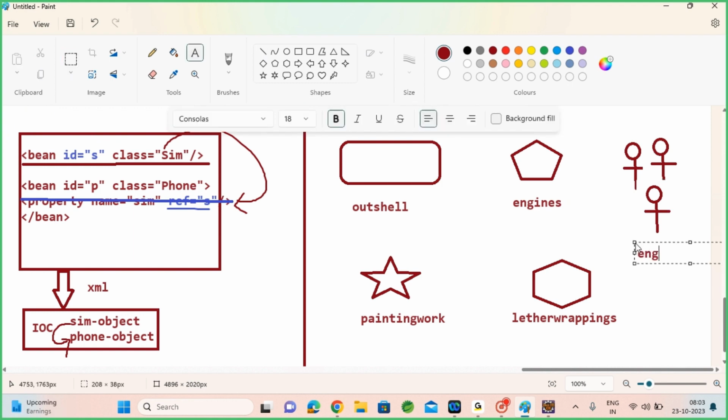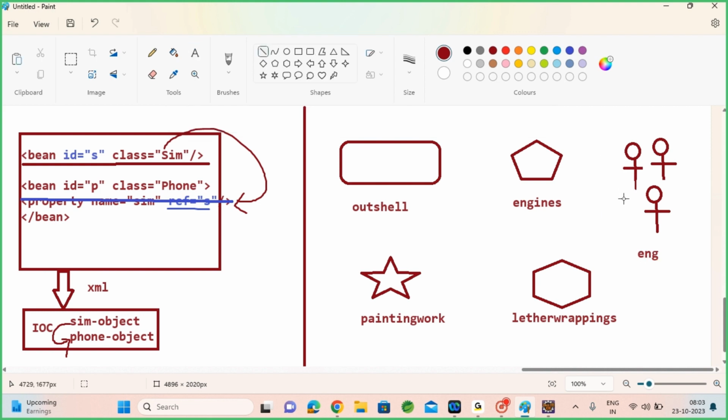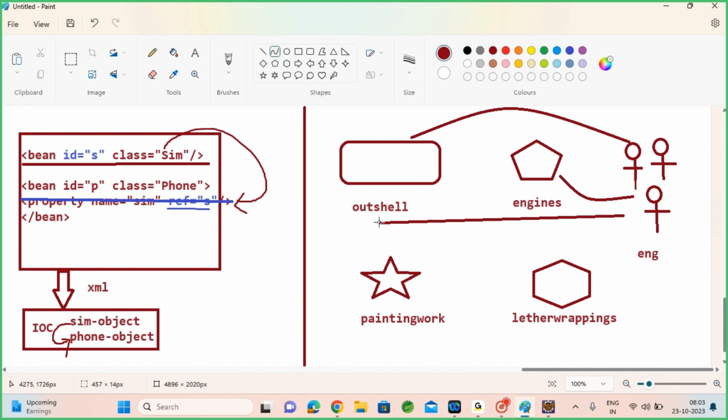Engineers should manually be involved in each layer of it. They should create the outer shell of the car, whatever time it takes, a month or 2 months. Then the same group of people should go and design the engine, and the same group of people should fix both together,